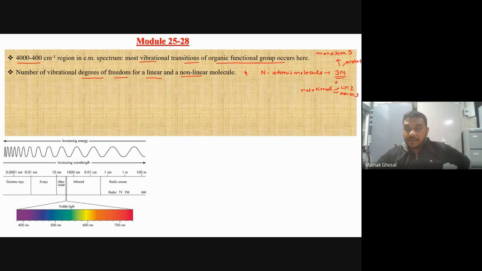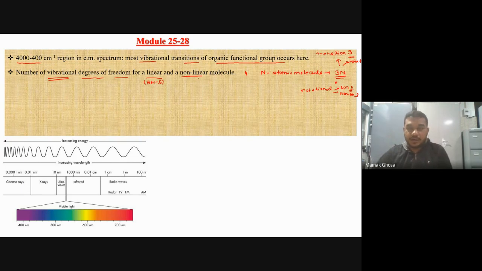So if you have 3 translation and 2 rotation for a linear molecule, and you have a total of 3n degrees of freedom, then you can identify that 3n minus 3 plus 2, that is 3n minus 5, will be the number of vibrational degrees of freedom. Vibrational degrees of freedom I am talking about here, that 3n minus 5 will be the vibrational degrees of freedom